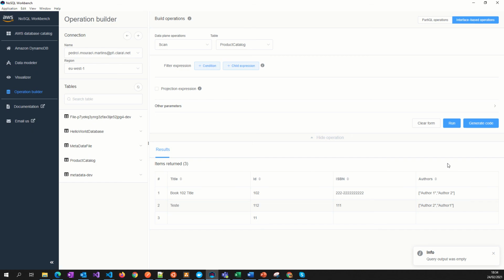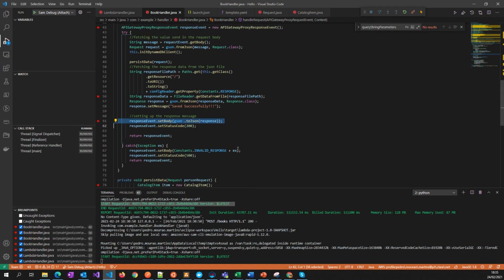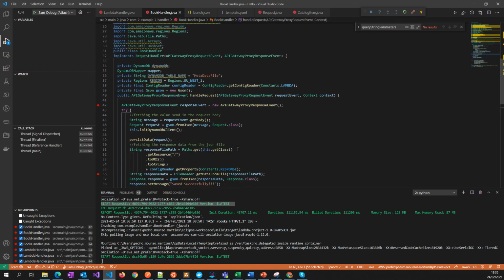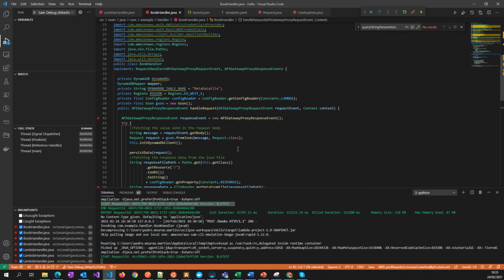For example, if I run this, you see here the data I put, for example, 113 tests and everything are here, right? So the question sometimes is it's easy, but needs a lot of patience to debug using the local SAM APIs and so on. So if you use Java, it's very difficult to debug it because it's a little bit slow and the process annoying. But give me your opinion about it, and if you have your doubts, call me,